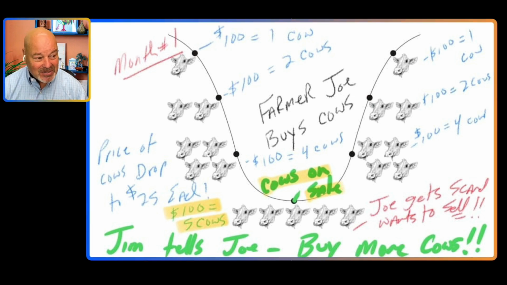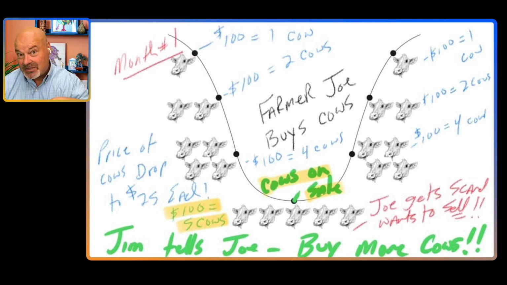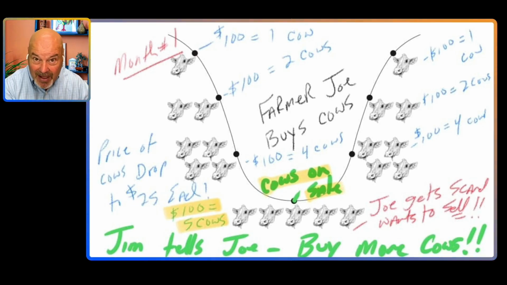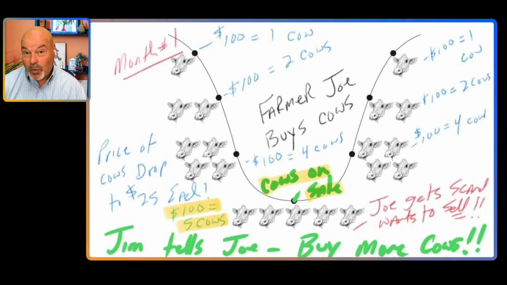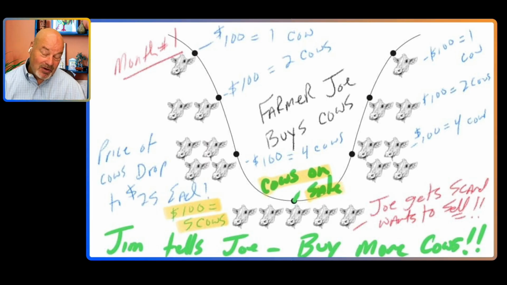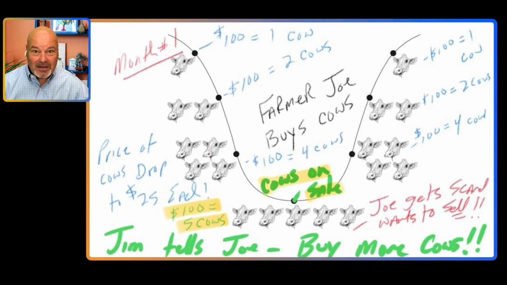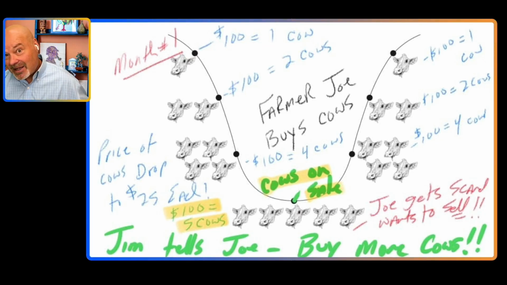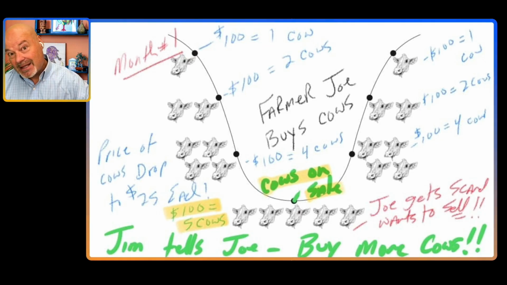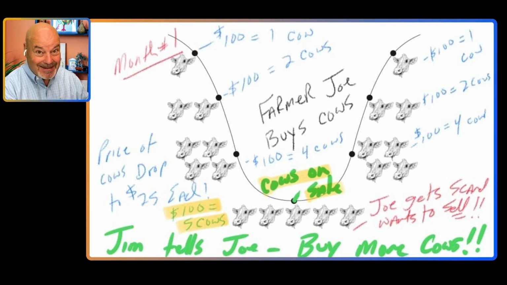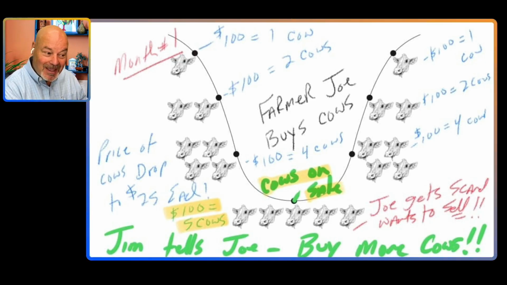Actually, Eva, you're right, because that's the answer to the next question, which I haven't asked yet, which is how much profit did Joe have? The answer to that is $1,200. But before I ask how much profit, I just want to know how much money does he have in his account? If he put $700 in and he bought cows over 7 months and he bought 19 cows and they're worth $100 a head and he has 19 of them, thank you very much,